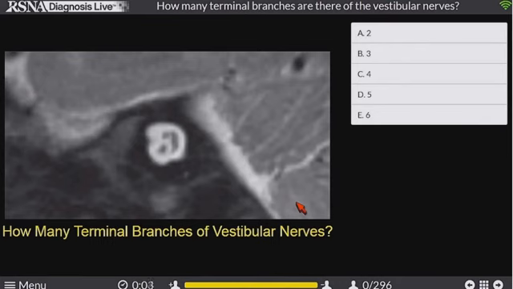Now in the back we have the superior vestibular nerve. How many branches does one side of the vestibular nerves divide up into normally? There is a little bit of variability here, but when those nerves go out laterally, they divide up into different nerves. How many terminal branches do you think there are? I'll give you a hint. The vestibule is made up of 2 big structures, the utricle and the saccule.